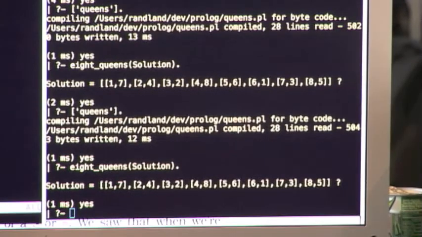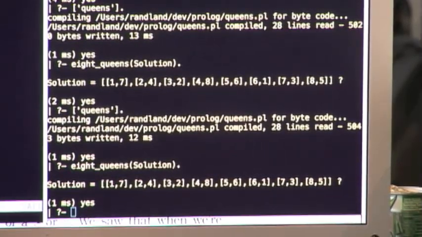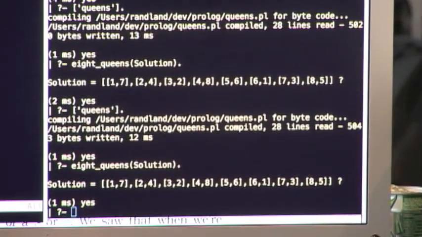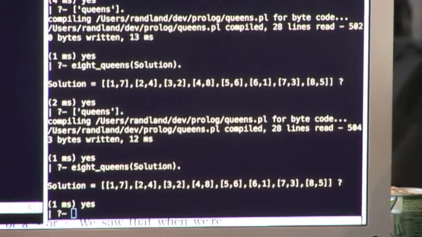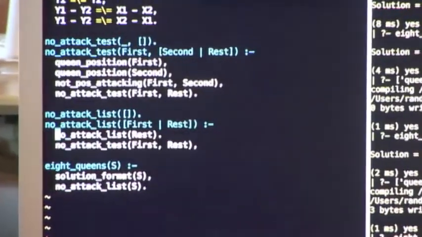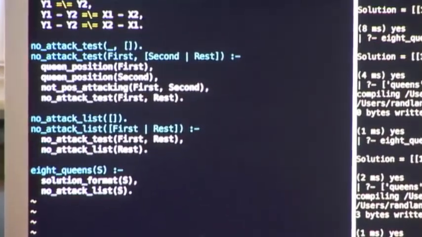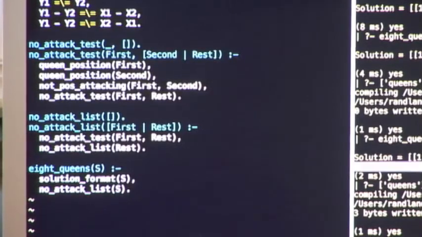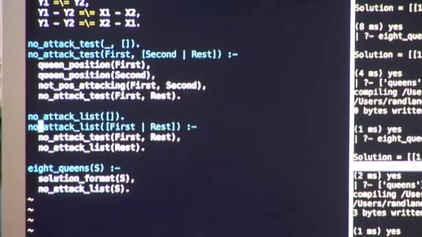Yeah, this is the one. Let's see. Okay, so then if we run this,